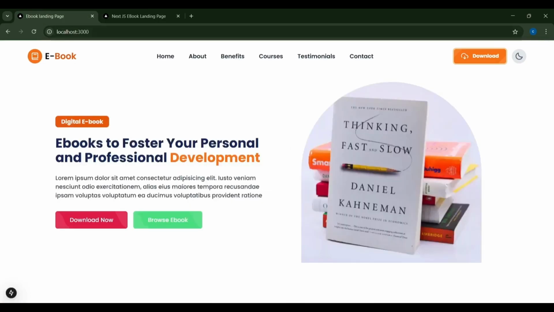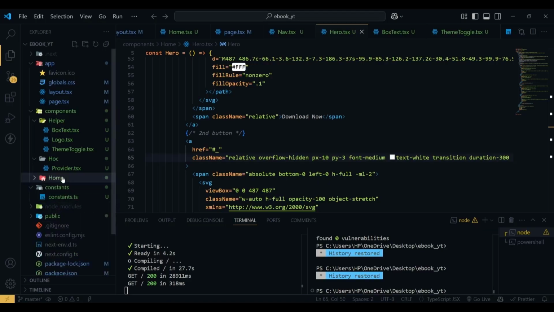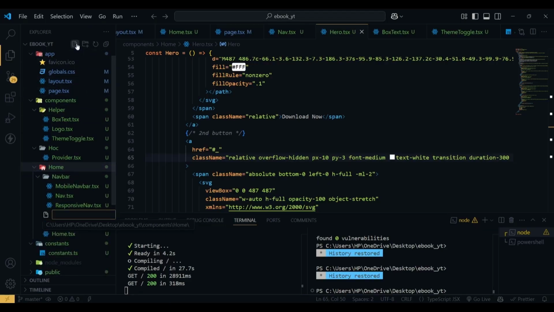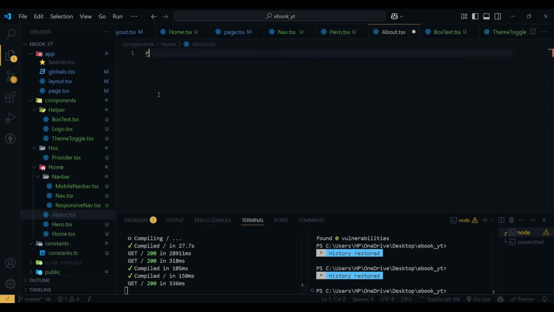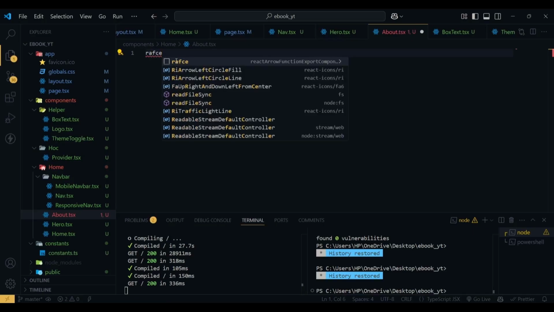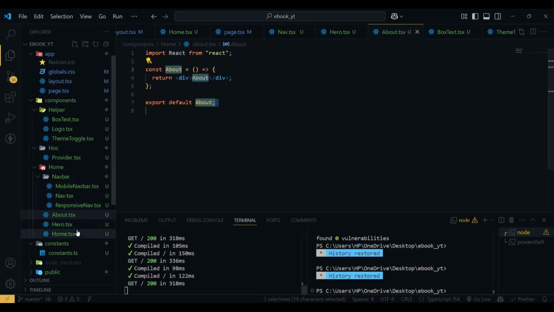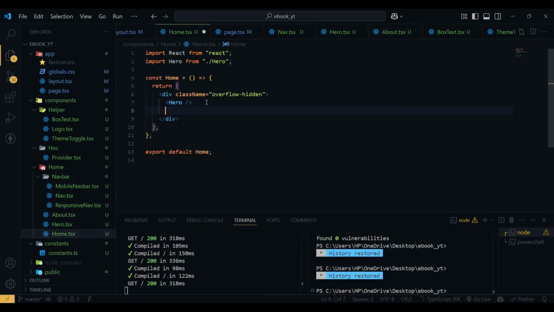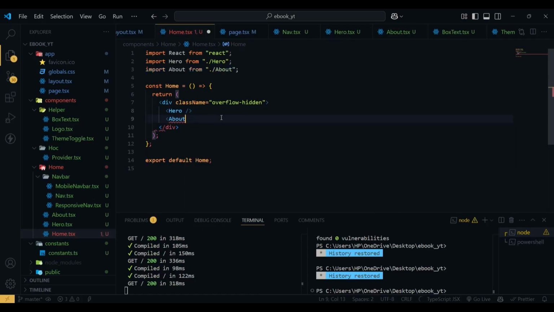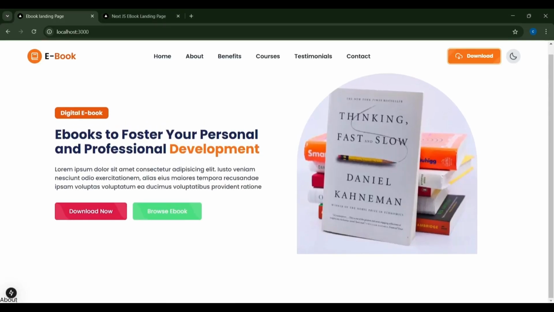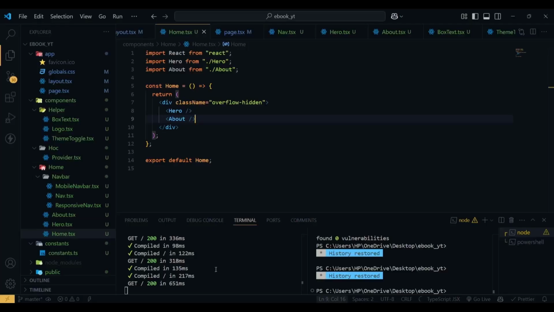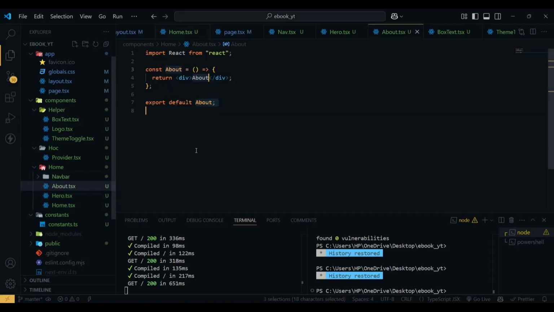To build this, I'm going to create a new file inside my home, and I'm going to name this about.tsx, and then I'm going to use RAFCE to create the component boilerplate, and then I'm going to add this in my home. So after the hero, we are going to add our about. And if I hit save and go to our project, here you can see we have the text about. Now let's go to our about.tsx,